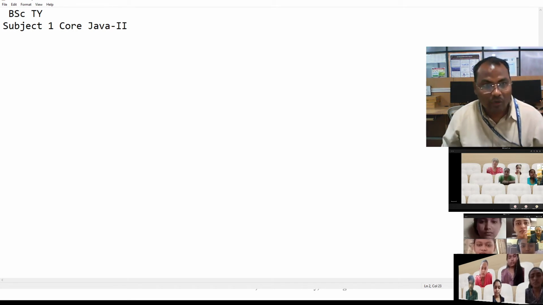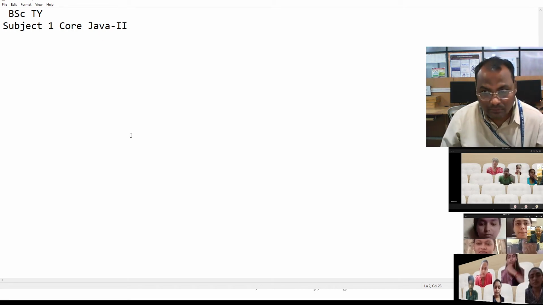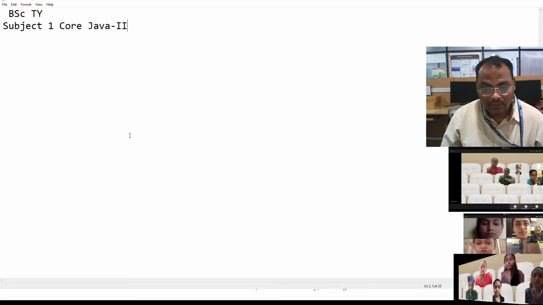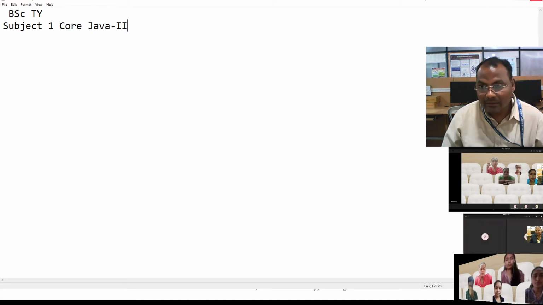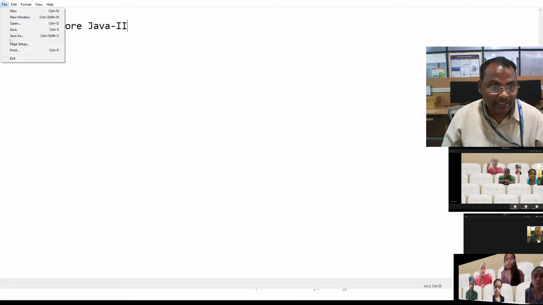Second, now what have I added? Subject 1 core Java 2. Right, it means data manipulation. Now I have added here subject 1 core Java 2, and I saved this file.